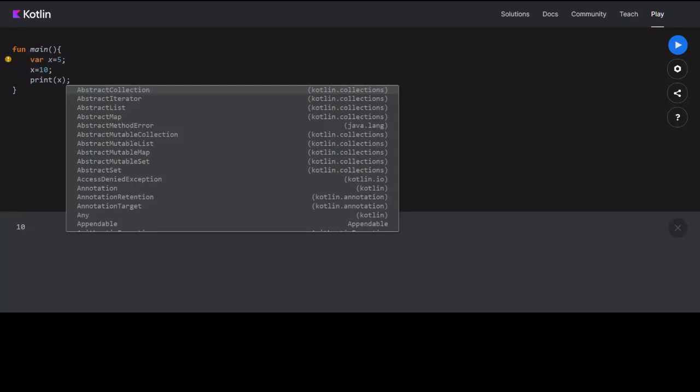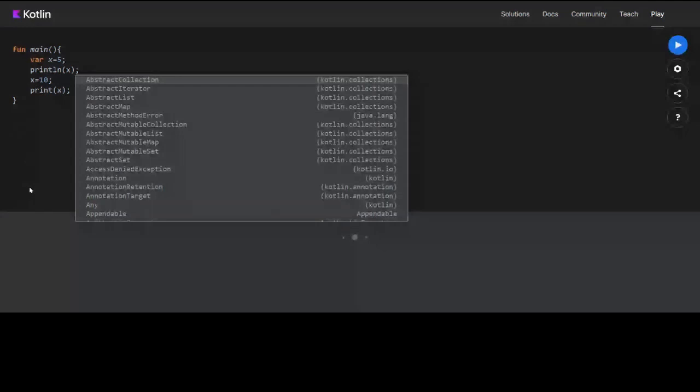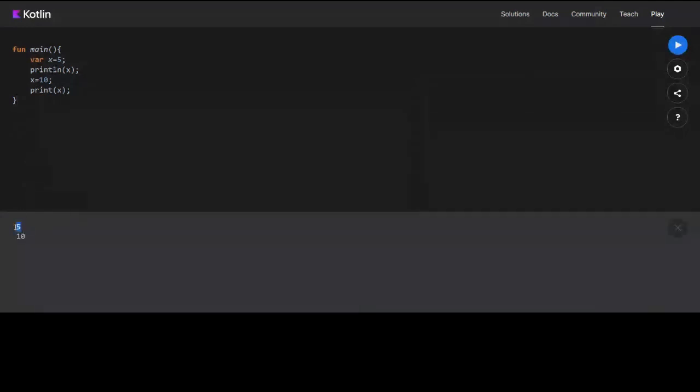What is the difference between var and val? So var is used when you want to define a variable that can change its value in the future. So here var x is equal to 5, then I put x is equal to 10. If I print x with println, see, the value of x is 5, then I change the value of x to 10, and then I print it.